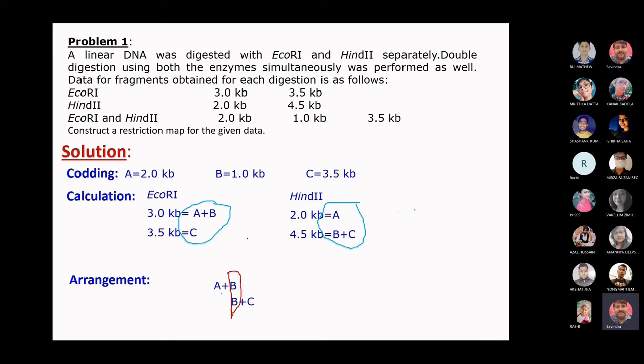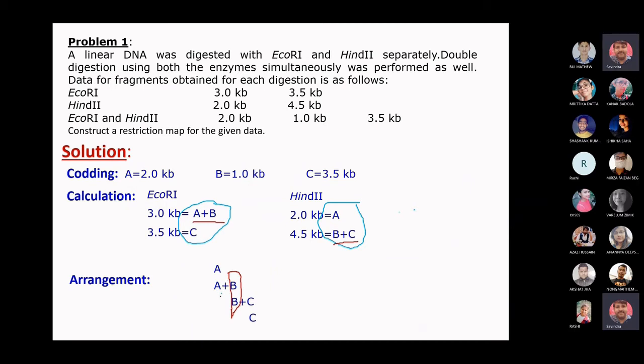Yes, sir. So this A plus B had been used, this B plus C had been used. What is remaining? Single A and single C. You can take this much liberty if any fragment is coded only by the single code. You simply write it over, or it's the same. चाहे आप उसके नीचे लिख दीजिए या उसके ऊपर लिख दीजिए.